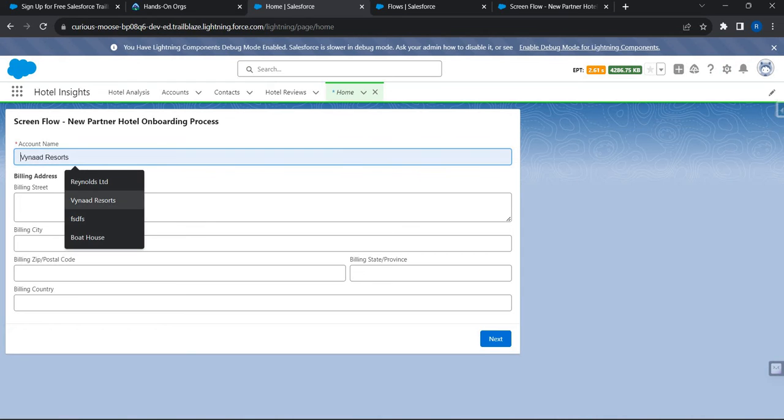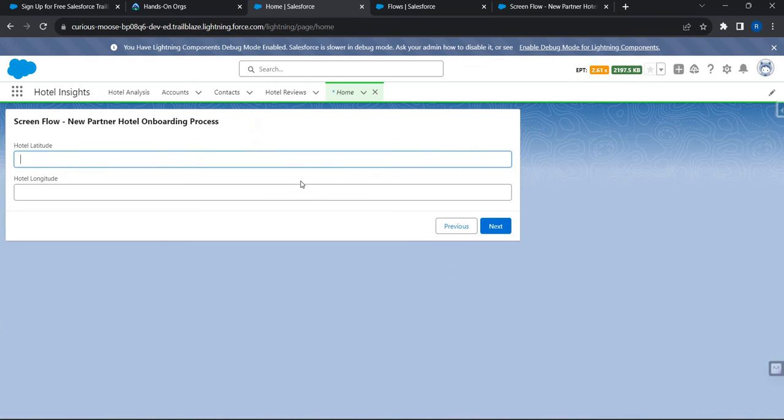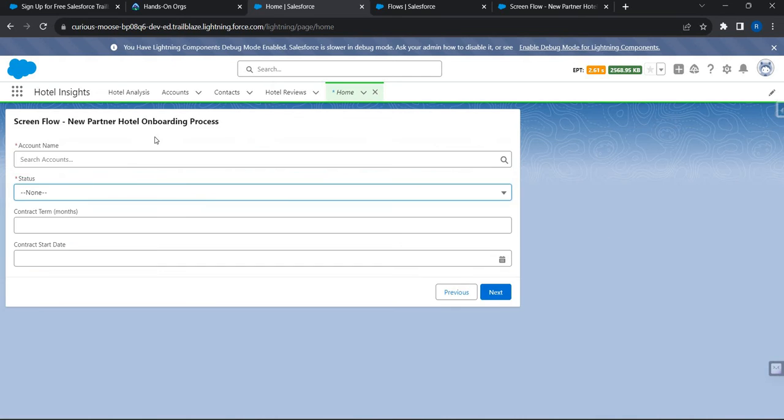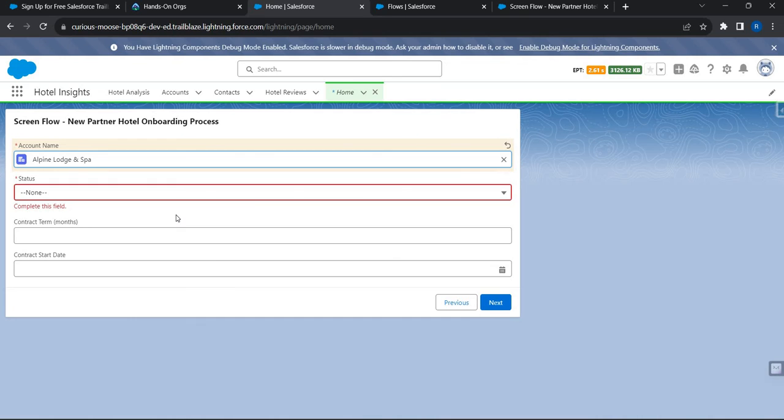So I enter an account name, I enter a billing country, and then I click on next. This is my second screen where I punch in my latitude and longitude. Let's say this is the lat and this is the longitude value. Then we'll click on next. Now let's say at this particular step,